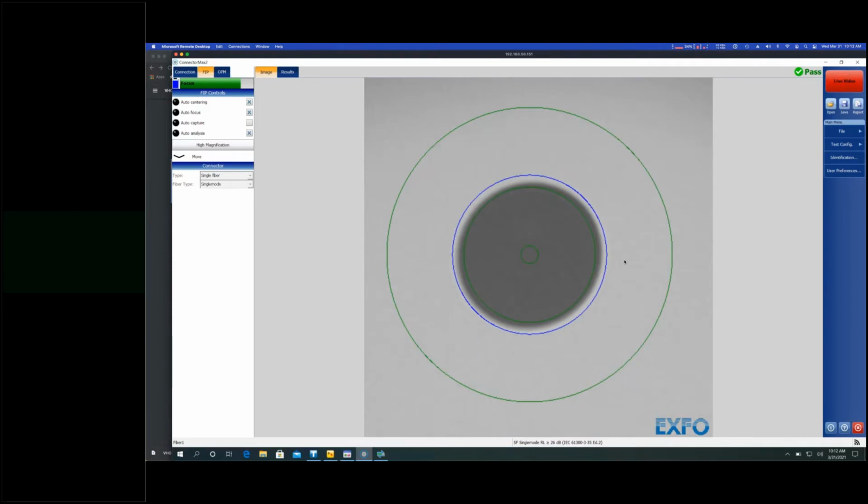Now, in this case, we're going to be testing a piece of network in my network simulator here that is essentially new construction. We don't have any equipment at either end. There's no light source on the fiber, so we don't need to be referencing it against that light source. We're going to use a known light source, the FLS 300, and I'm going to reference this out here, and basically